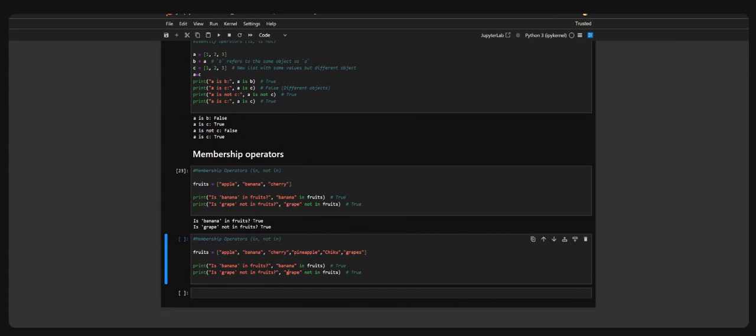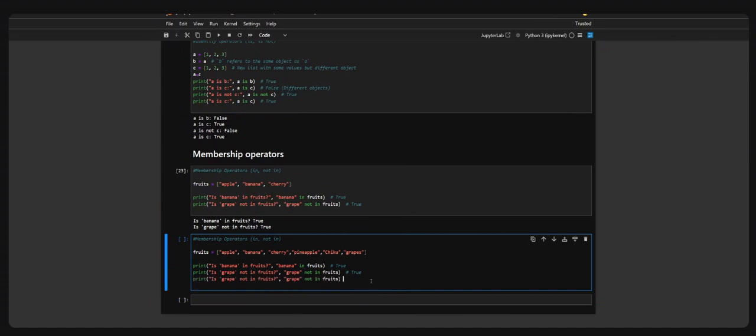Okay. So this is one example. Now we are doing this. I'll add, these two will be true, but I'll write something else. Okay. I'm checking kiwi in fruits. I know kiwi is not there. But I'm checking